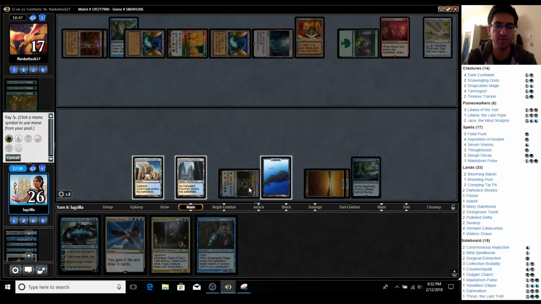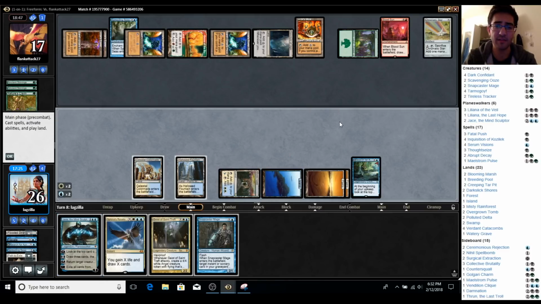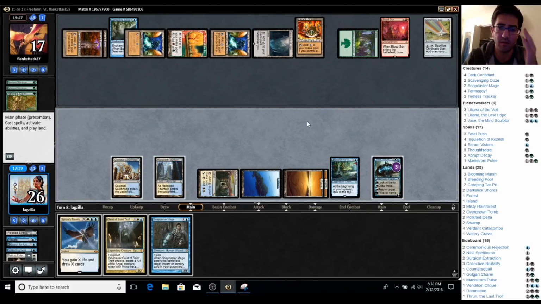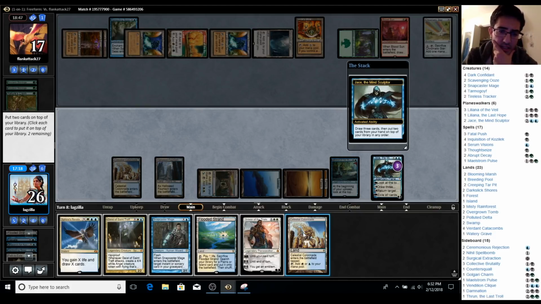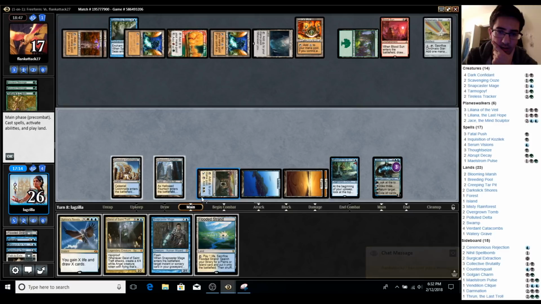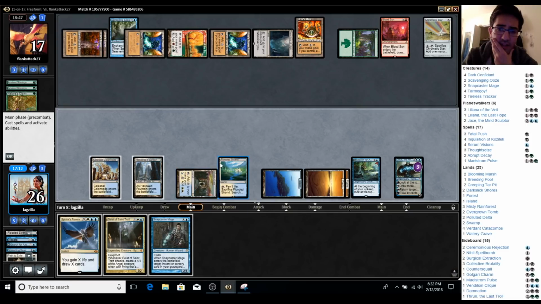And here I'm going to try to find another land with Jace. Nice, nice. That's another land. Let's go ahead and put Gideon back on top, and hopefully our opponent doesn't find an Oblivion...